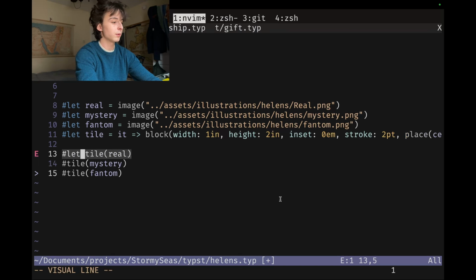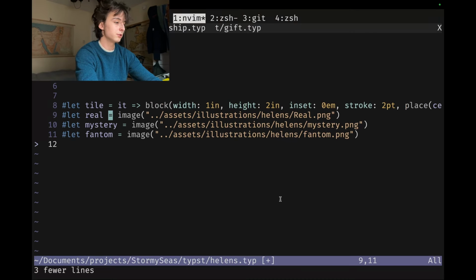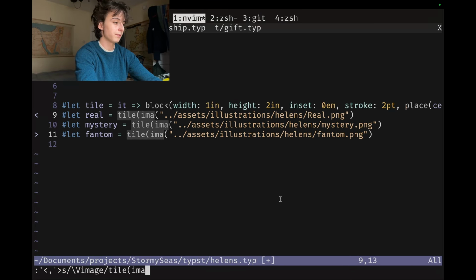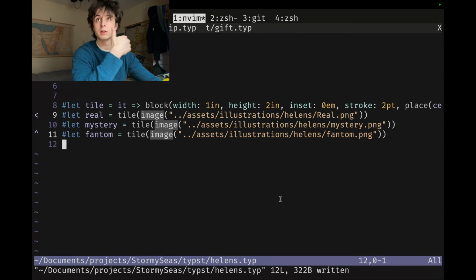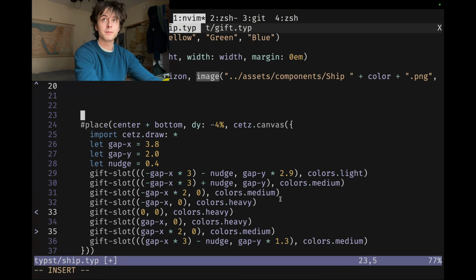No, that's not how I want to do it. I basically want to move this and then make each of these wrapped. So image slash tile image. Okay, and that's good. So then these should all be exportable, and I should be able to import them within ship and then do like let's see,